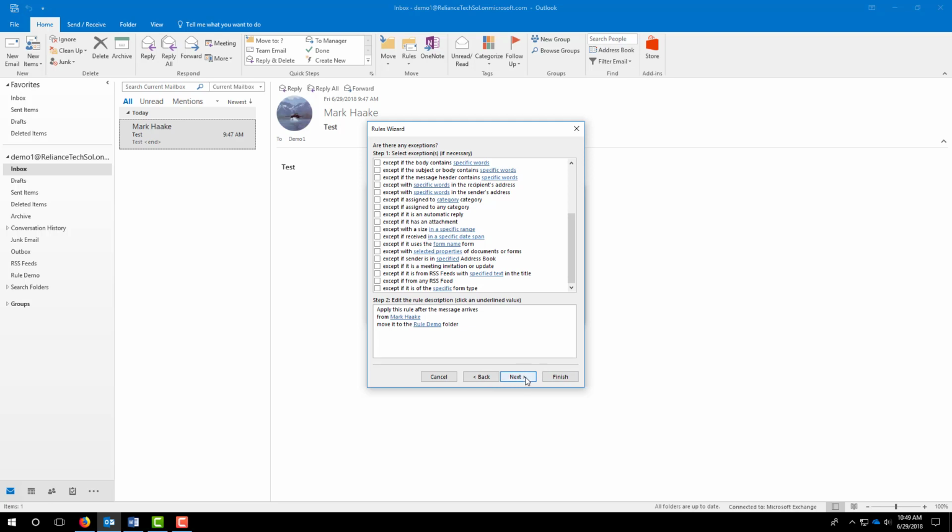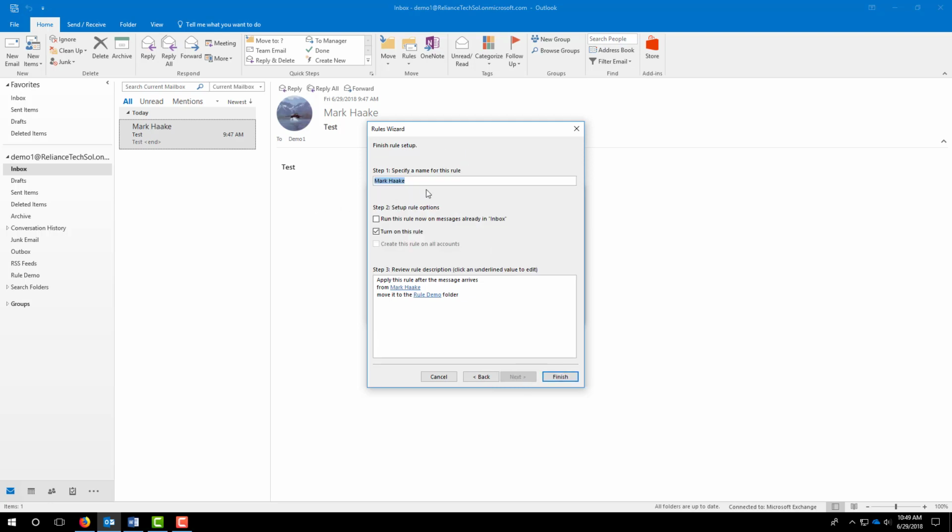I'm going to leave this blank now. I'm going to click Next. At this point, we would specify a name for the rule, and then we can actually tell it, do we want it to run now on everything that's already in our inbox, or just turn it on so that it runs on new messages coming in. So I'm going to tell it to run it now, and then we're going to click finish,